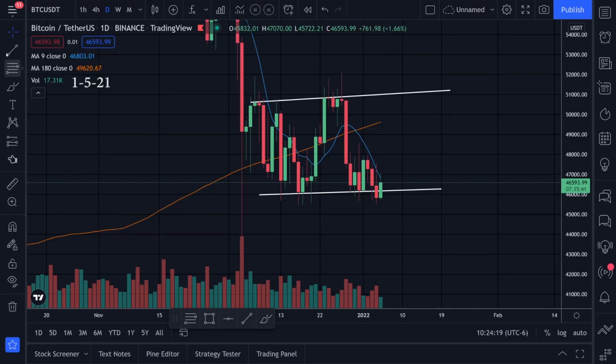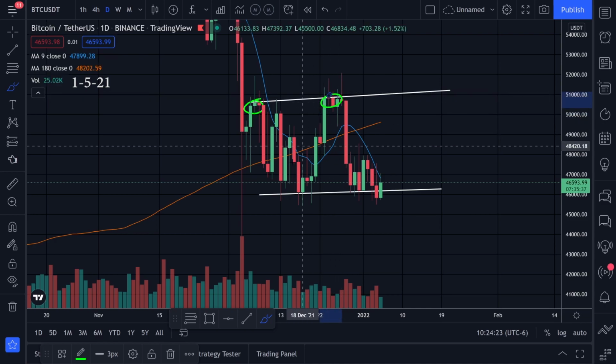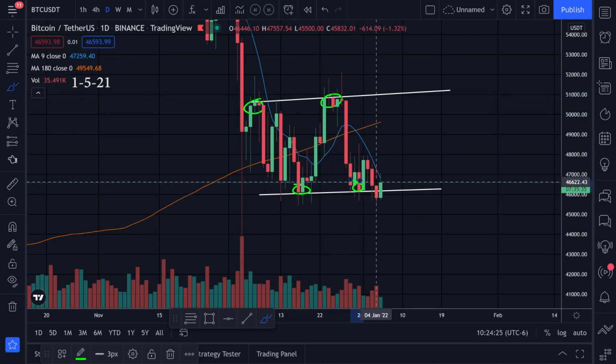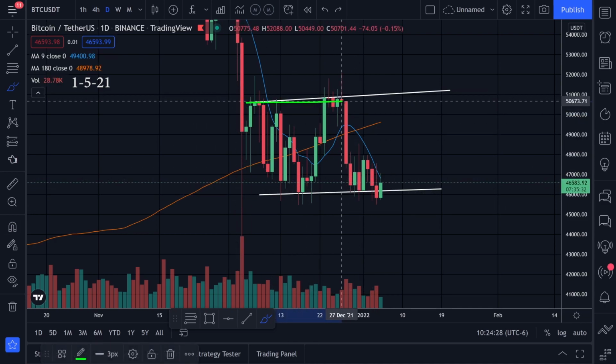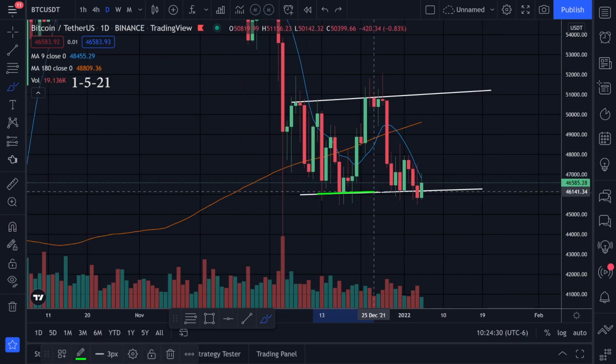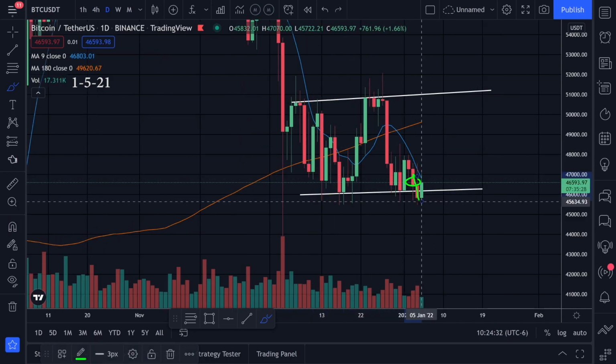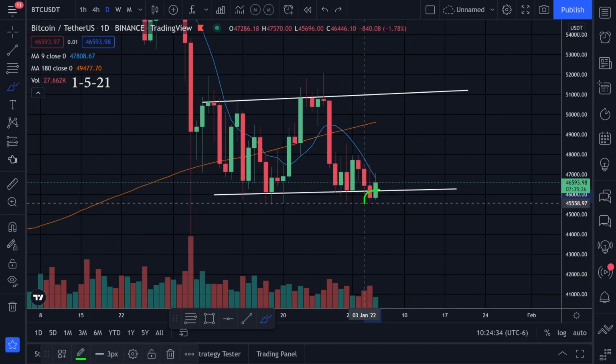Let's take a look at the chart action for Bitcoin. Okay, so here's what I've been looking at. We have resistance right here, we have support right here, and we have support right here. We had these trend lines, this top trend line right here, and then this bottom trend line like this. We actually broke this bottom trend line going to the downside, and we actually closed below it,